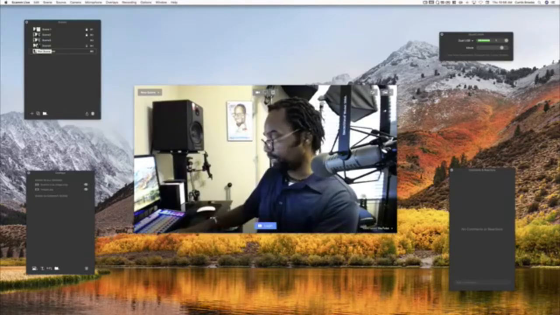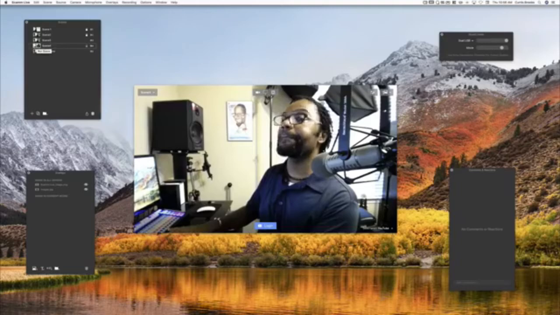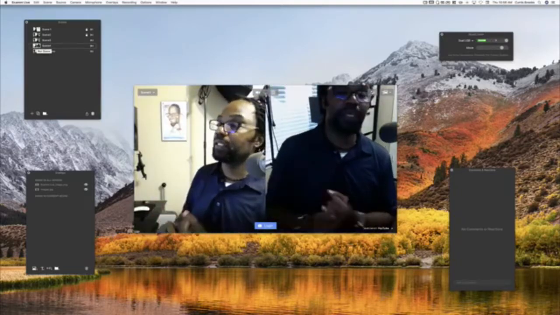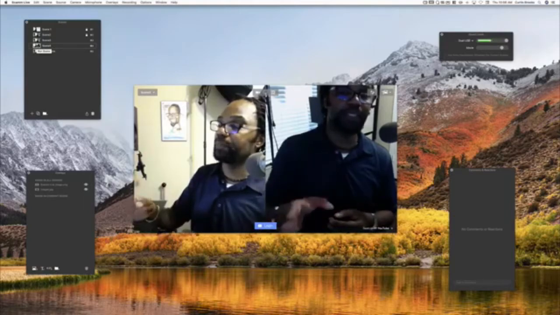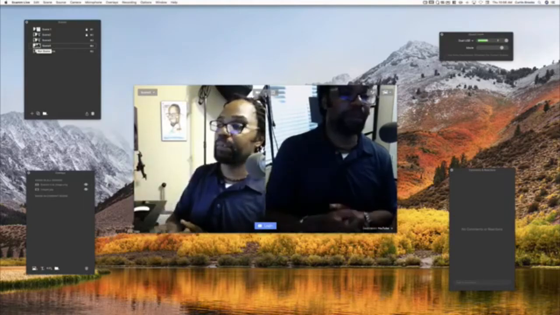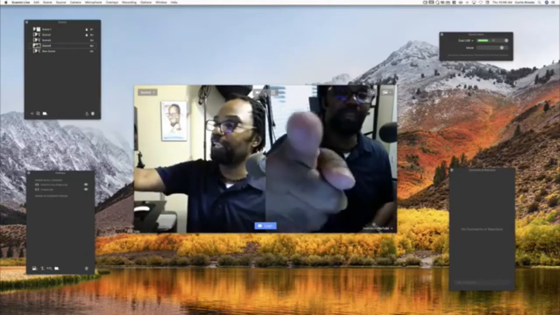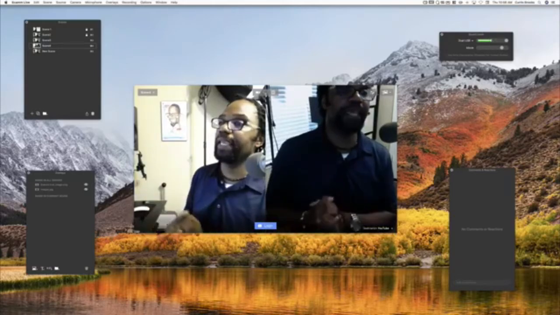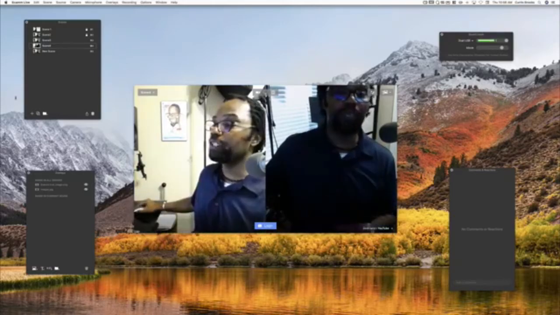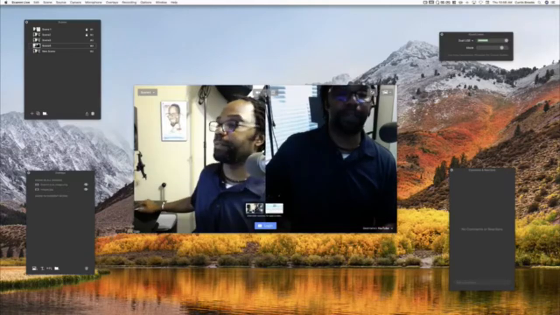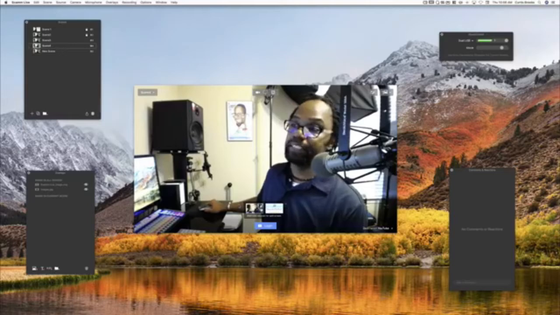Scene 4, what was going on with that there? Scene 4 is a dual shot that I set up in a previous demonstration. So that's my FaceTime camera, and then that's my Logitech camera. Here is the Logitech, and here is the FaceTime camera there. That was a demonstration I did earlier. If I want to remove the FaceTime camera, I can easily make this a Logitech camera because this scene is unlocked.